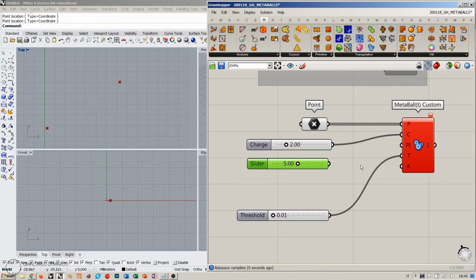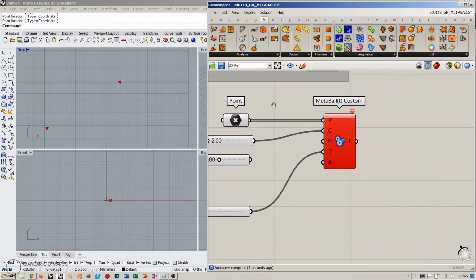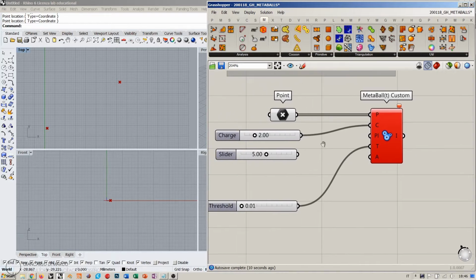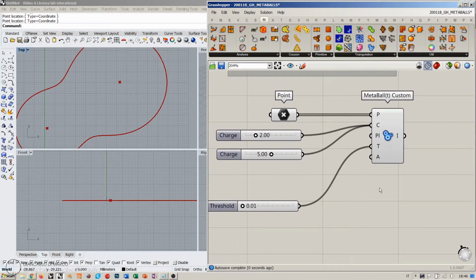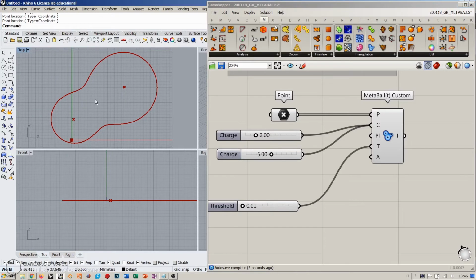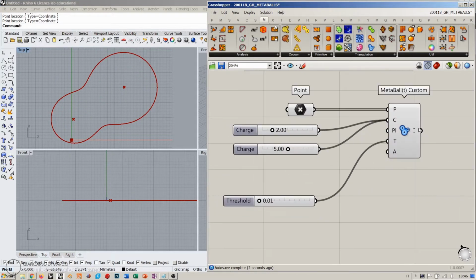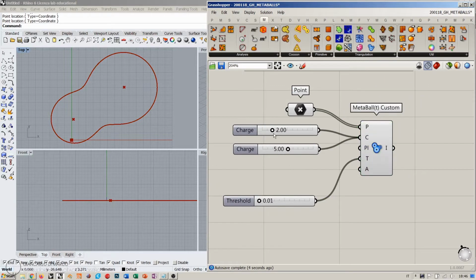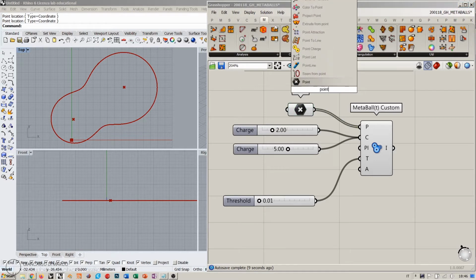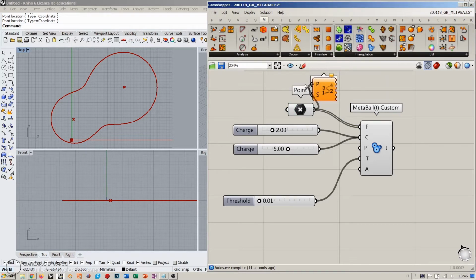Okay, so this would be the first value, and you see that it becomes red because it is saying that we must supply equal numbers of points and charges. Okay, so as soon as I plug this, I will have this curve coming out from this Metaball T custom. And you see that the first point, which is this one, we can eventually use the point list in order to